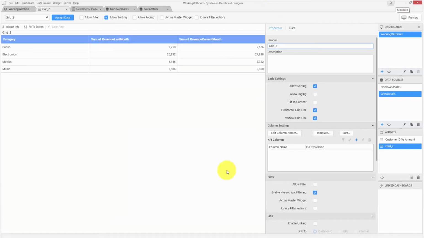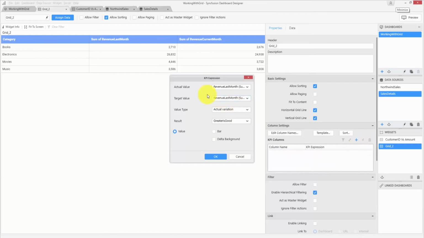Now, I would like to add a key performance indicator to compare the revenue of last month and current month. In the KPI column settings, click the Add button to add a KPI column. The actual value is the revenue of current month and my target value is revenue of last month.